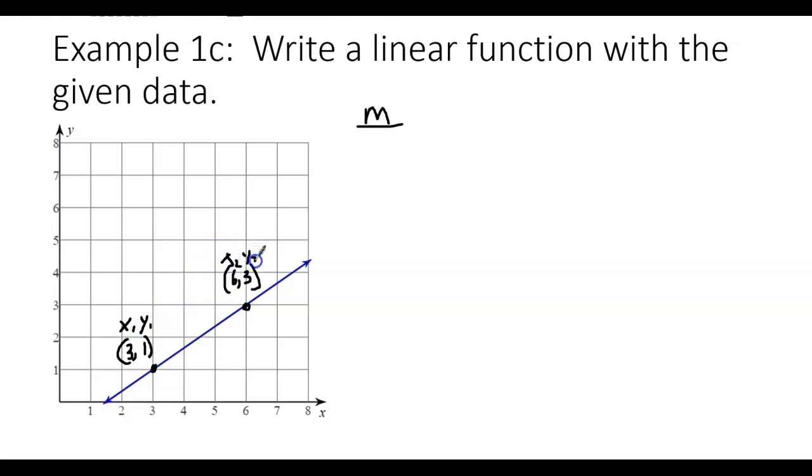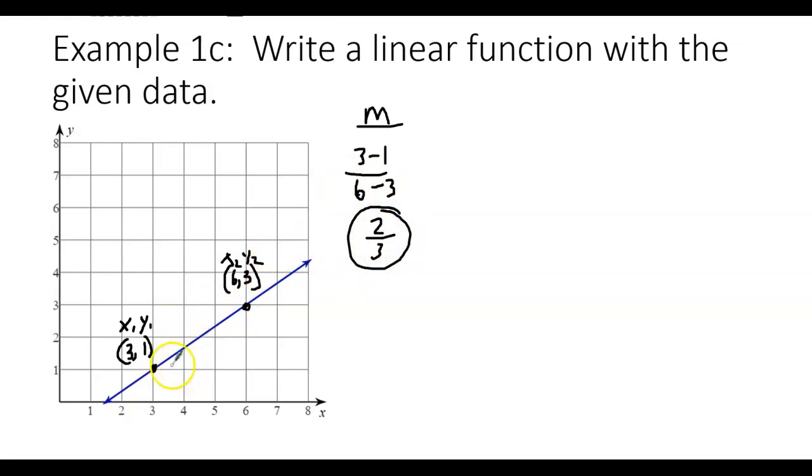And x2 and y2. And then doing your slope formula. So after you pick 2 points and label them, it becomes just like the last problem. So it's 3 minus 1 over 6 minus 3. So I end up with 2 over 3. That's my slope. Now the other way you can get the slope, instead of using the formulas, you could do